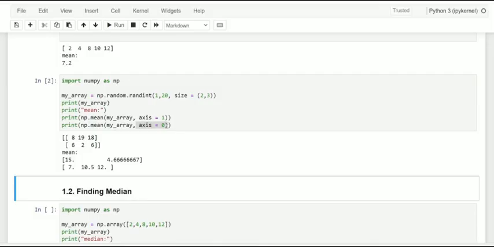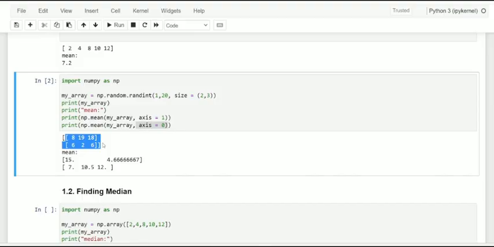Kindly just take note of it, dear friends, as we have done it randomly. This exact random array has 2 rows and 3 columns. And when making it column wise, this is the first column, and we have 8 of 6 and 9 and 12 and 18 of 16, so that we get 8 in the row wise, and 15 and 4.6 as column wise. Row wise as 2 rows we are having.